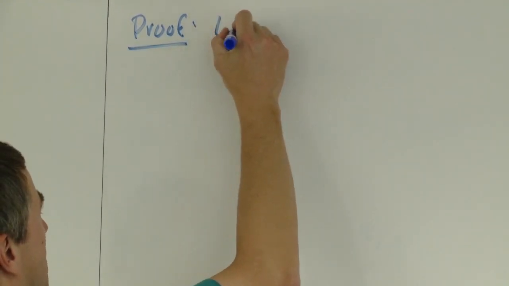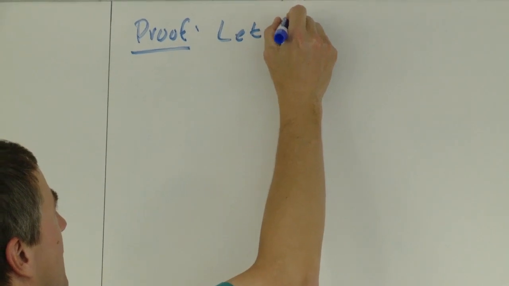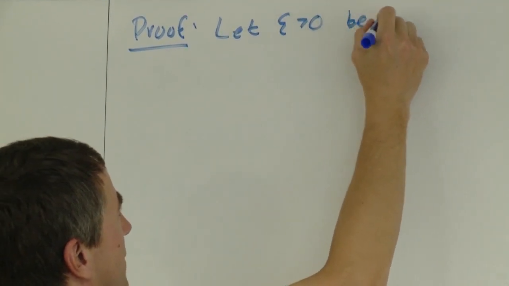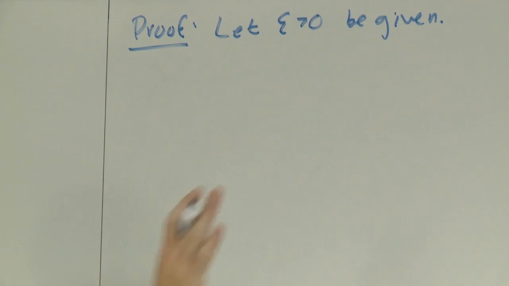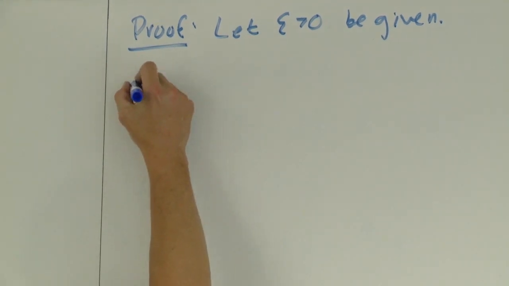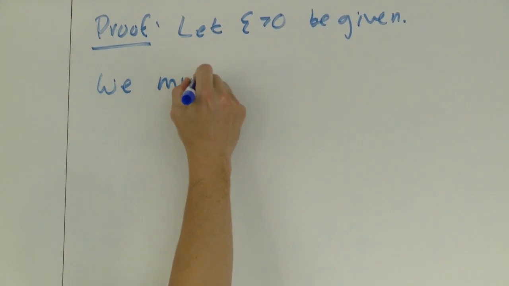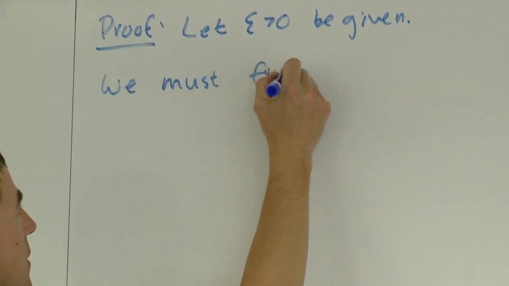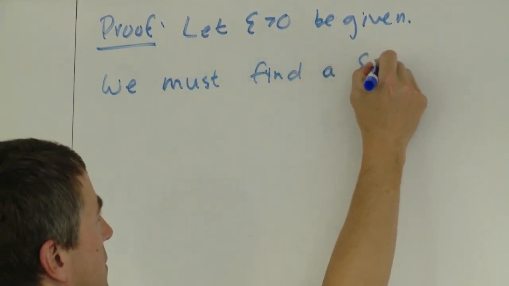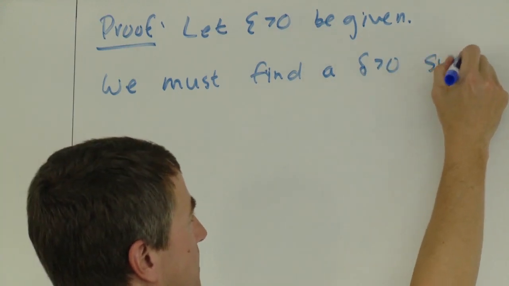Let's write the proof. So all these proofs start the same. The person on the street gives us the what? Let epsilon greater than 0 be given. And again, remember that the person who's reading this proof has not done or seen any of this scratch work. So we're going to be kind to the person reading the proof and tell the person where we're going. So it's our job now to find the what? We have to find a delta. Delta has to be greater than 0, such that